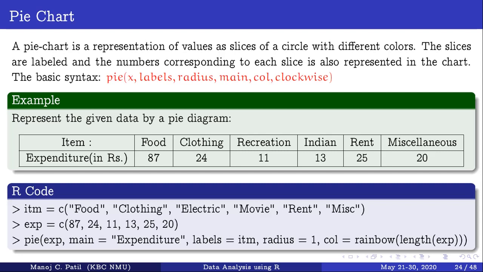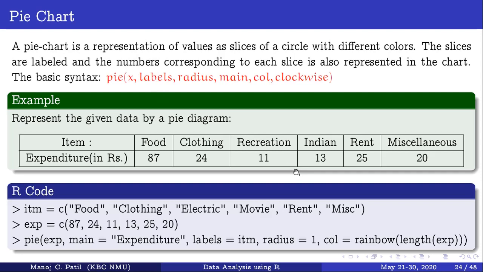okay, with different colors. The slices are labeled and the numbers corresponding to each slice are also represented in the chart. The basic syntax of pie is simple. You have to put your data in a variable, some variable x, provide the labels, for example